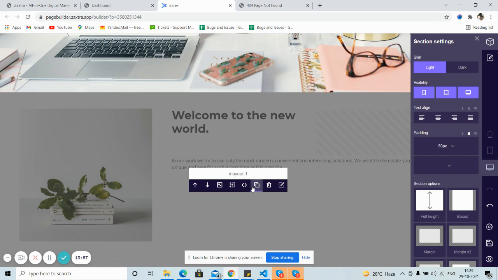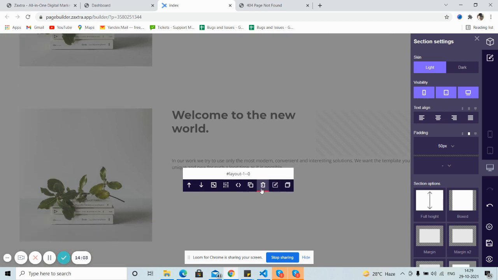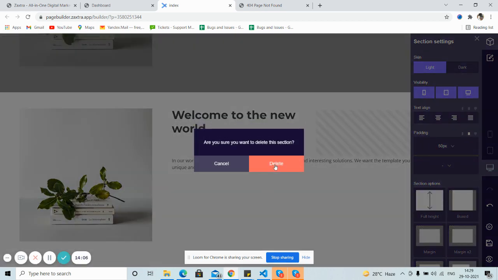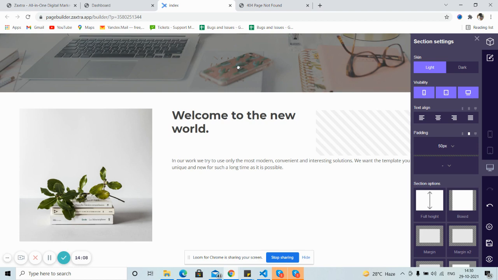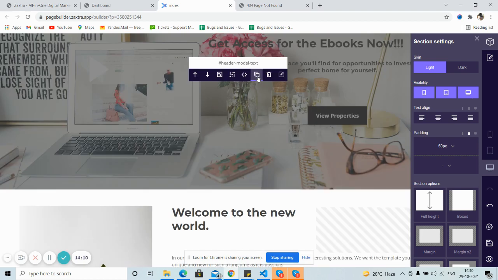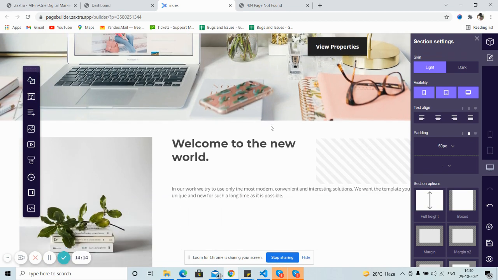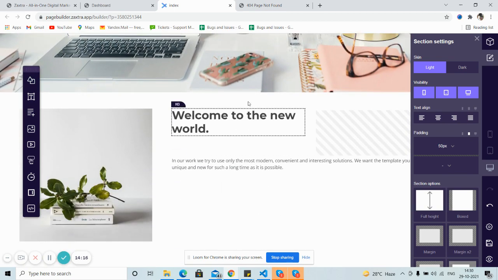And the next button is to clone the same block. Like I'll just click on it and the same block will be copied next to it. And the next button which we have here is delete. And at last we have an option here. One minute, I'll just show you.